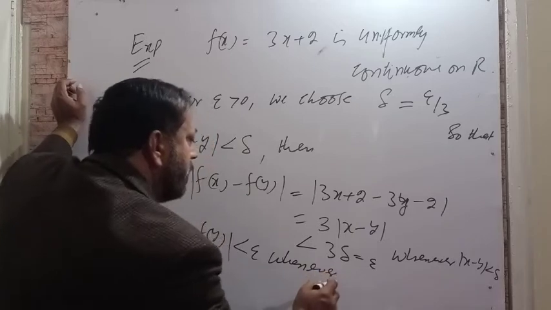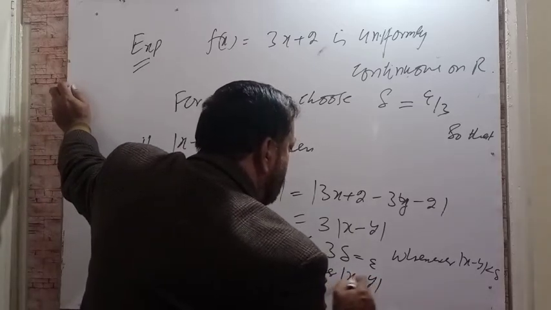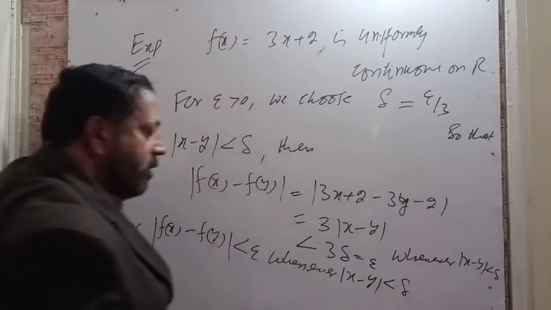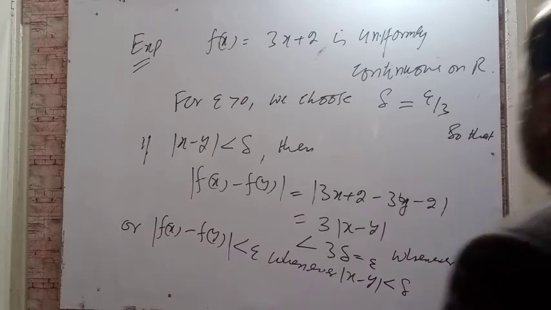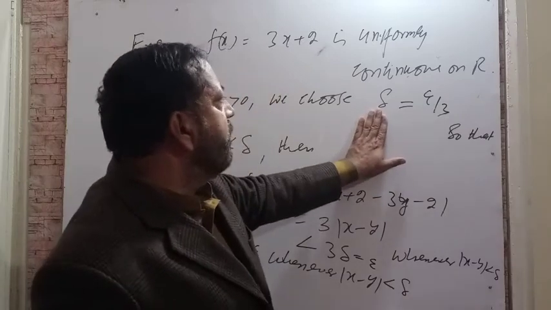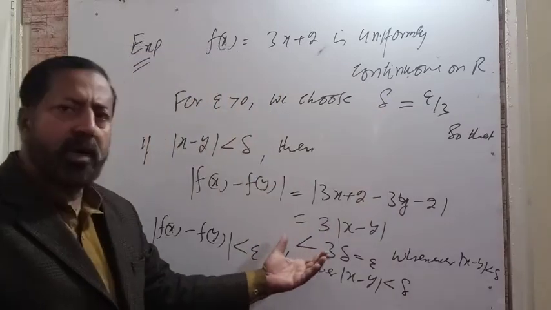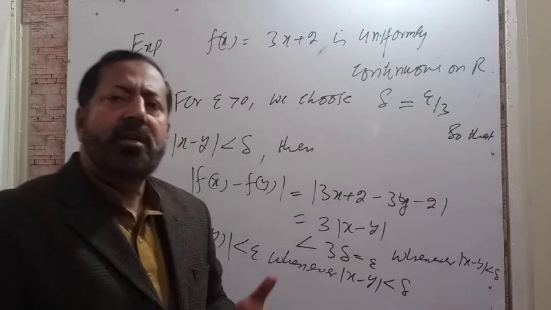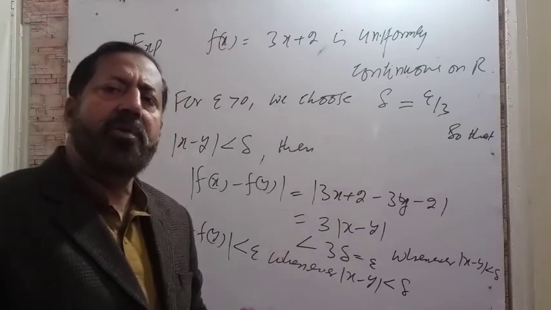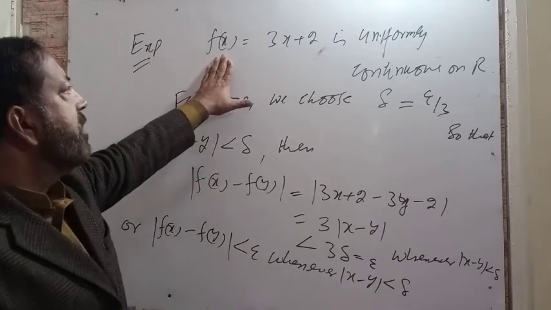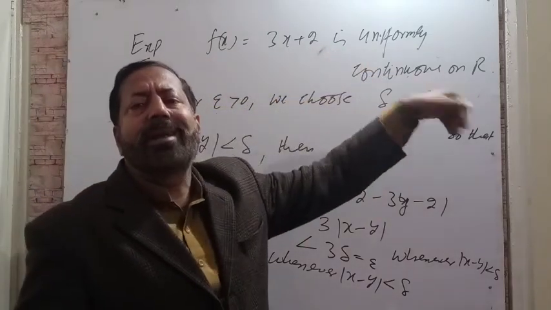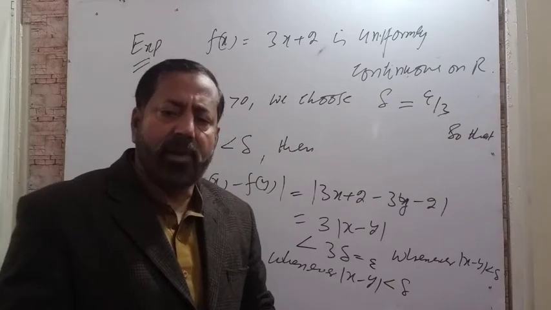whenever |x − y| is less than delta. Okay, you see the definition of uniform continuity is clearly satisfied. That's why I inserted the value of delta after finding the calculation, so that I can see the exact definition of uniform continuity. So you can say that this function is uniformly continuous on the entire set of real numbers, whereas